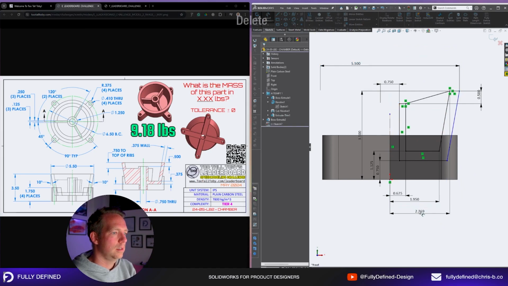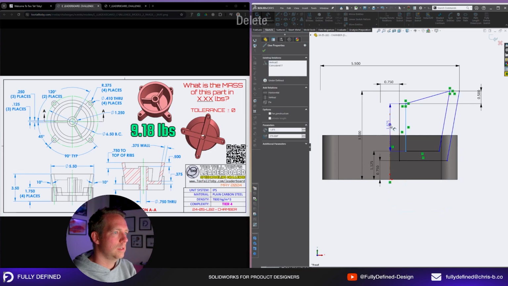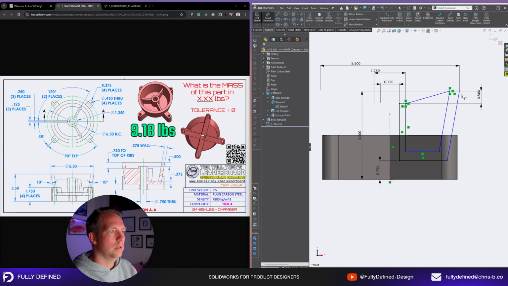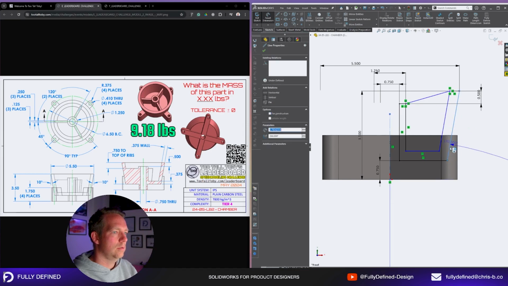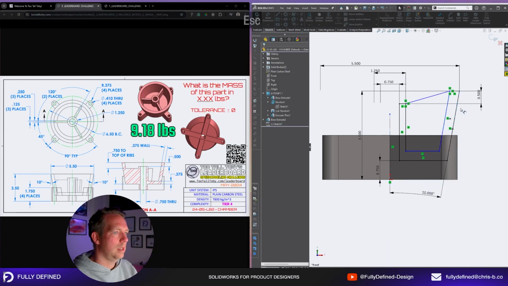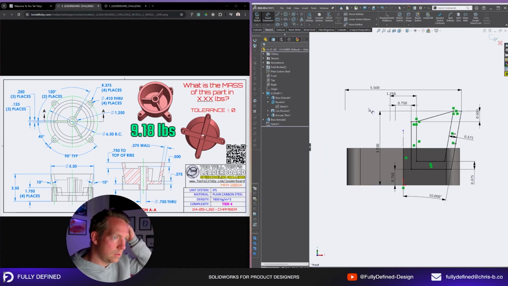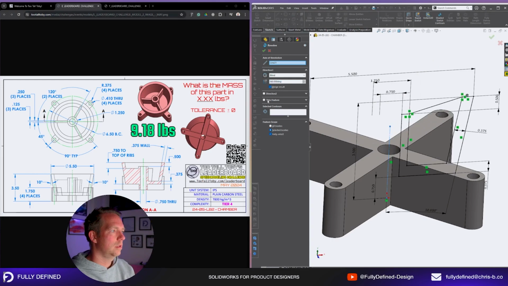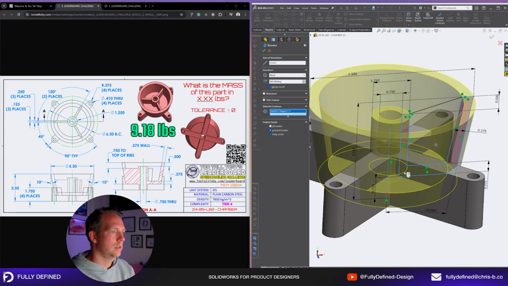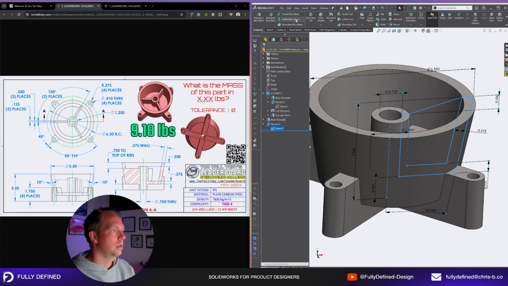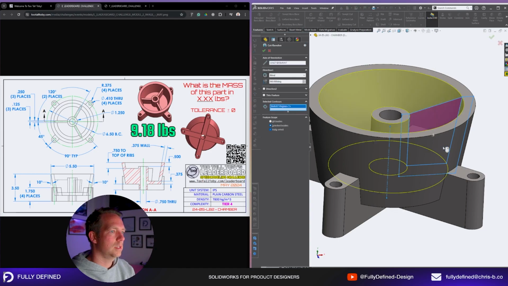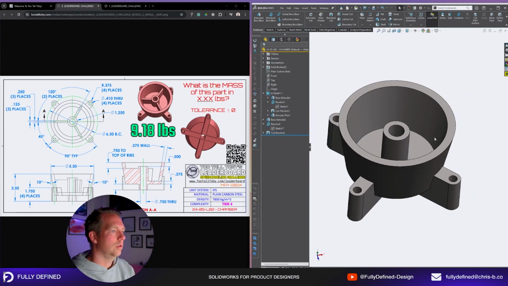This one I don't need. This one I don't need. This one I don't need. And this one, I want to use this. That I don't need because this one is an angle, which we'll do. This one is parallel, dimension there, dimension there. So those are the dimensions I'd use. And then we do our revolve. No thin feature, select contour, merge, select sketch, another revolve cut, select contour, this one, cut, looking good,